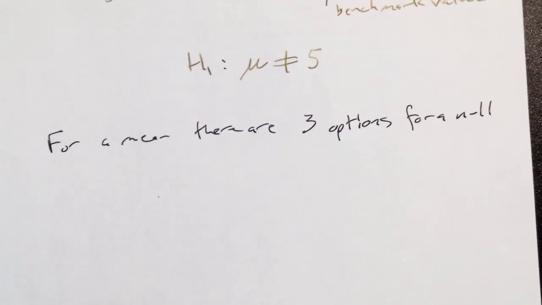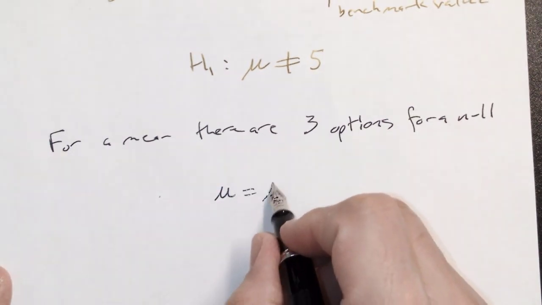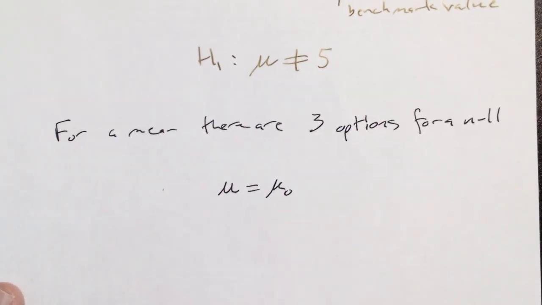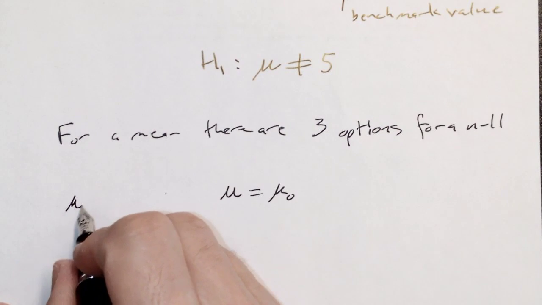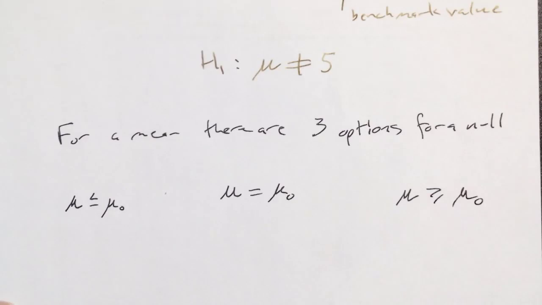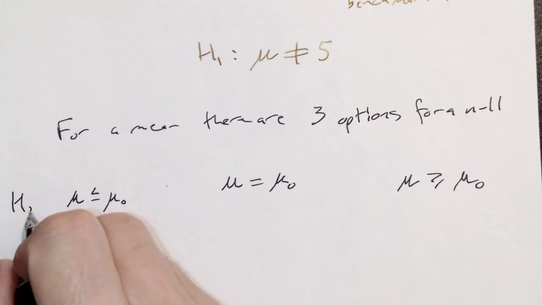We could use a null that is exactly the one we were just looking at. Our average is some number, which I'm going to call mu0. That's our benchmark. But we could also say, hey, our number is always less than or equal to this. Or our number is always bigger than or equal to this. If these are my null hypotheses, H0,